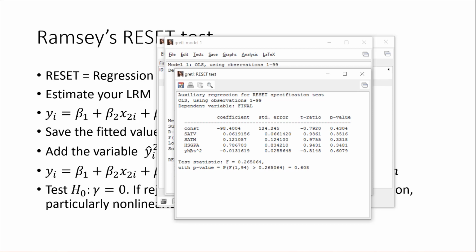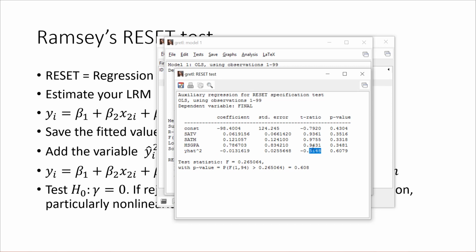So all we have to do to test for misspecification is to test if this number is significantly different from 0. And that's easy. We can do a t-test, compare that to a critical value,